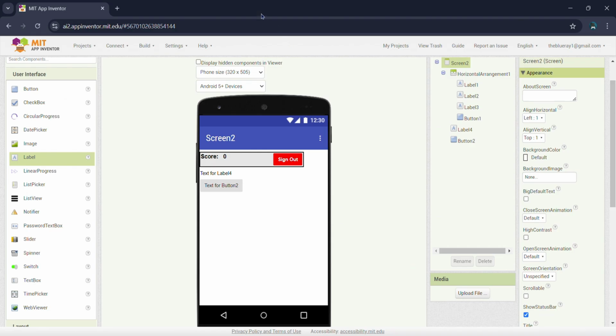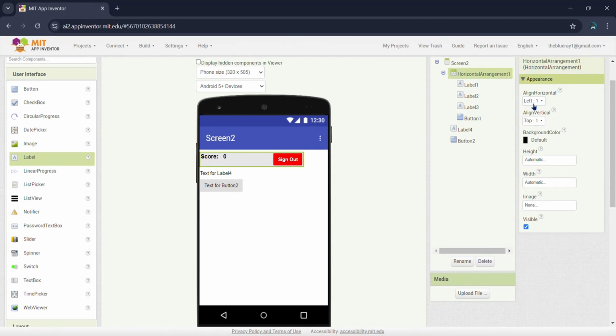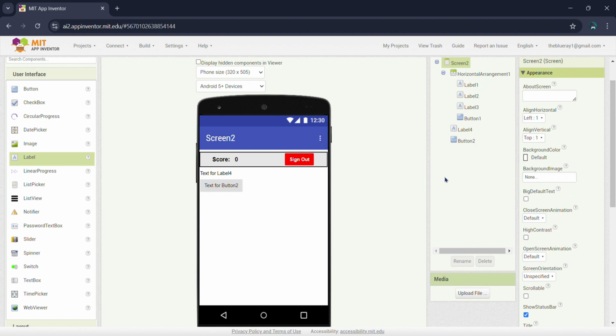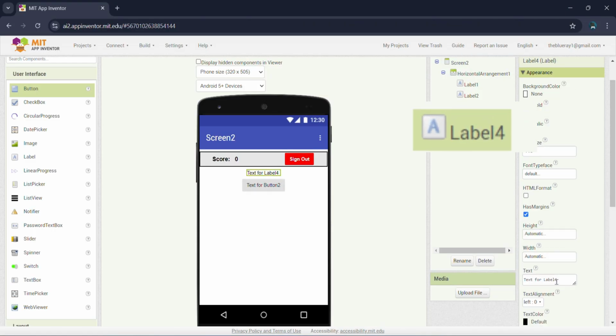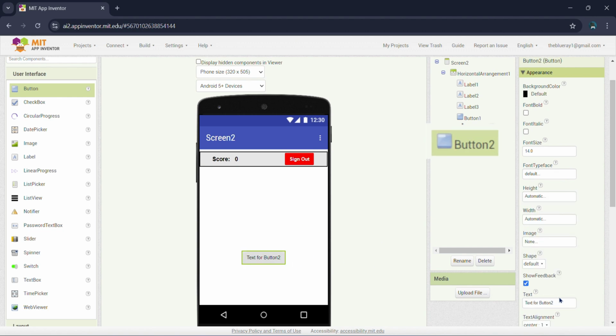Just like that. Now we're also gonna head to the horizontal arrangement, set the align horizontal to center, align vertical to center, and set the width to fill parent. Next, we're gonna go to the screen and set the align horizontal to center. Head to label 4, set the text to nothing, and height to 50%. Next, we're gonna go to button 2, set the text to a plus,